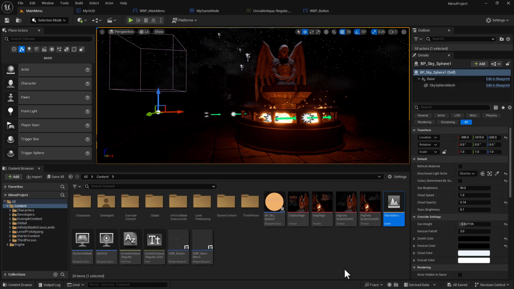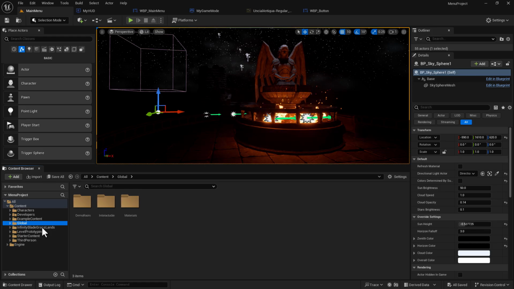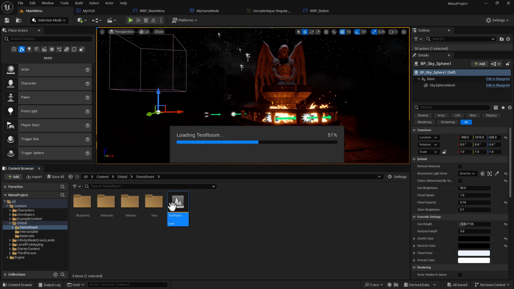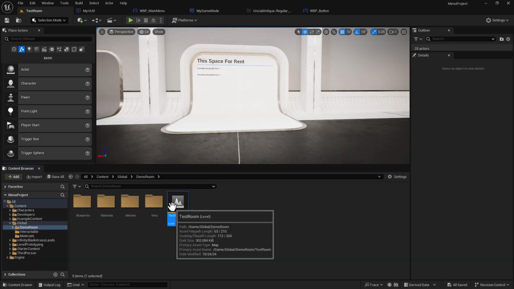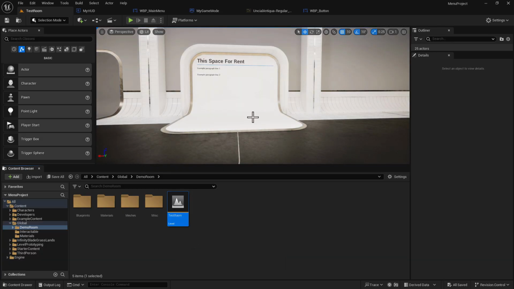Okay, in this section, we're going to figure out a way to get back to our main menu from the content example level. Here we are in the main menu level, and let's go ahead and go into our test room level here. As you noticed, when we hit start last time, we ended up in here, but we had no way